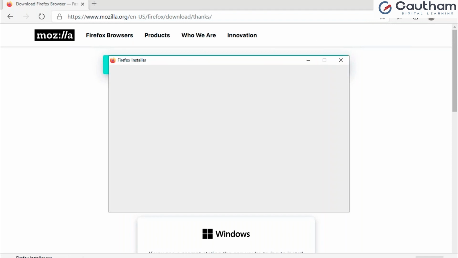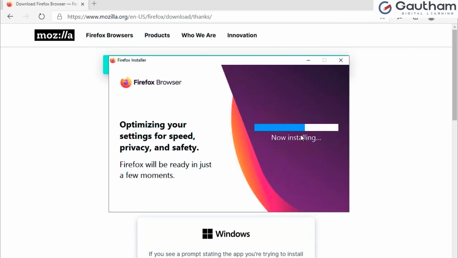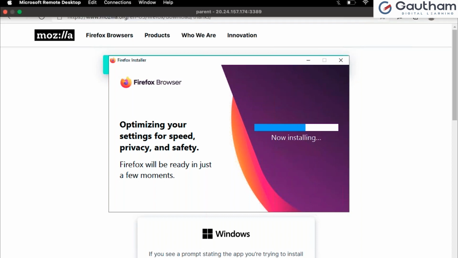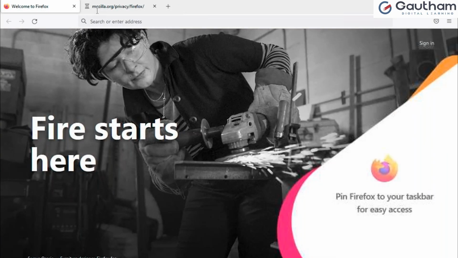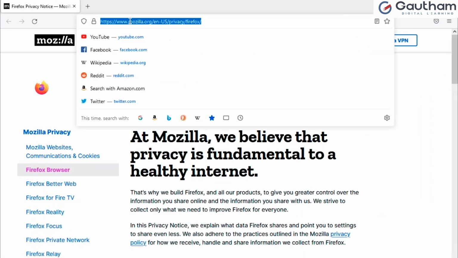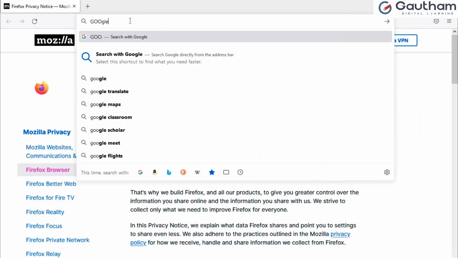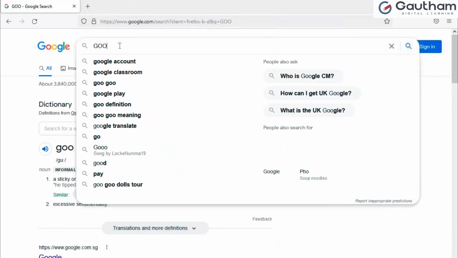It will be quite quick guys over here, because it has very fast connectivity, and you can see Firefox installation has started. So Firefox is getting installed. You can install whichever software you want. You can download it from Google and you can install the package. So Mozilla got installed over here, guys. Now let me go to Google. If you want to install one more package, let us go and download